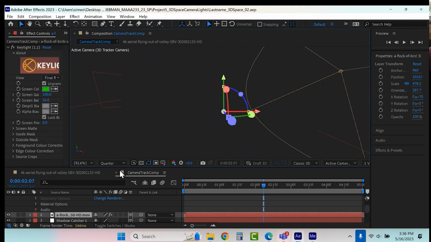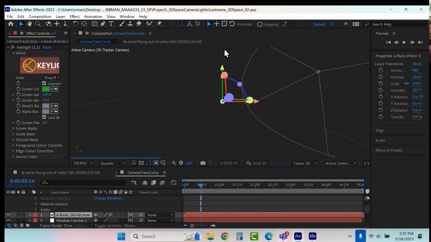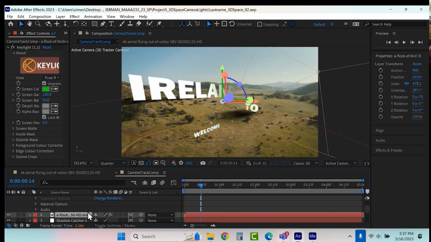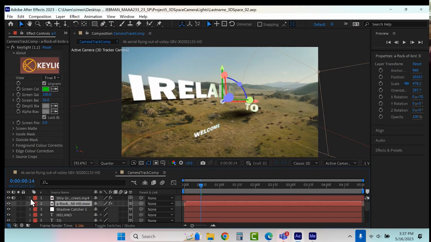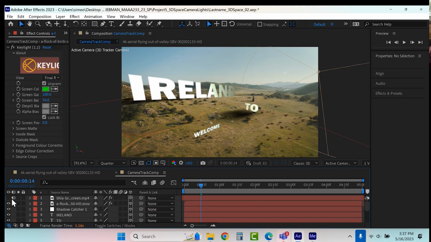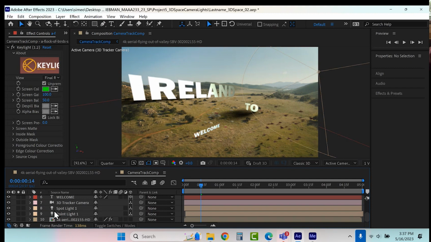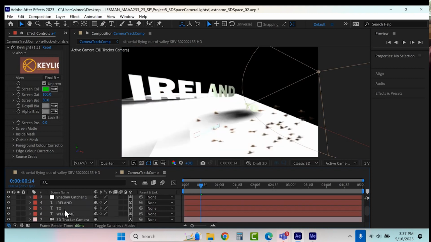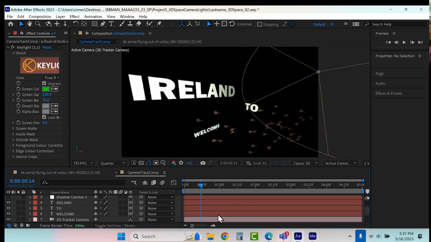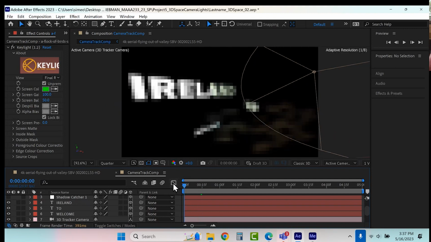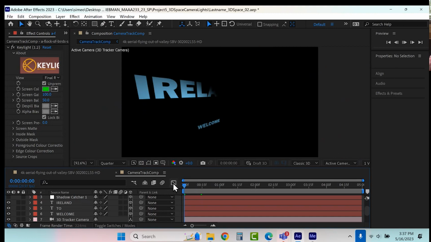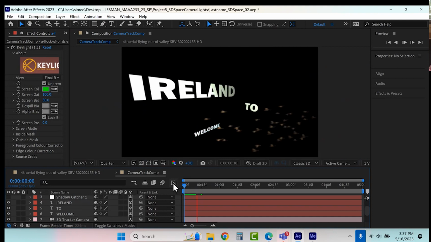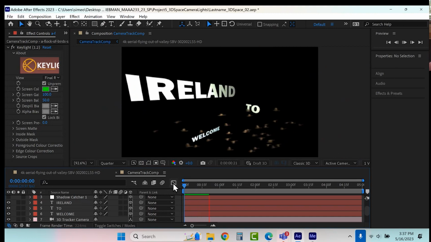The other thing that's really neat about doing this kind of process here, with the camera tracking, is I don't even really need my video in here, right? If I turn off some of these things, like the shadow catcher and everything, look at this. It's literally animating the camera based upon the video. So just that is pretty cool.